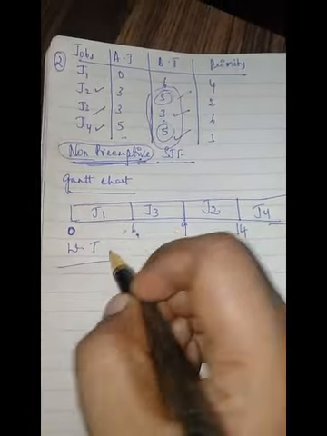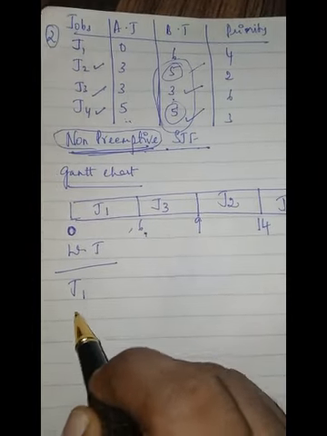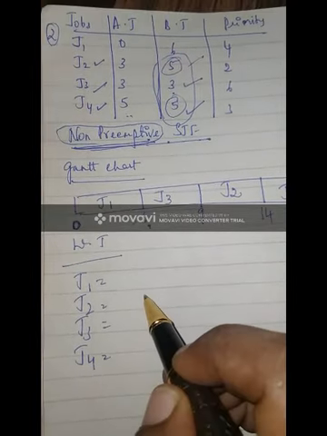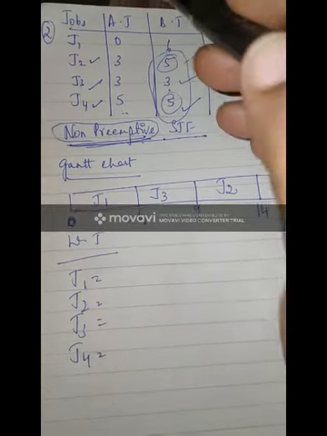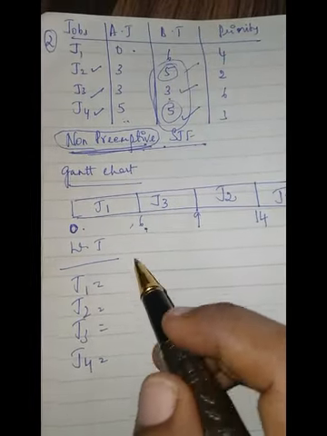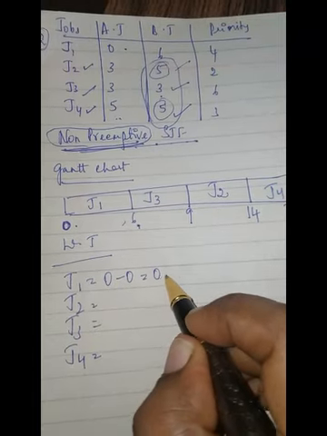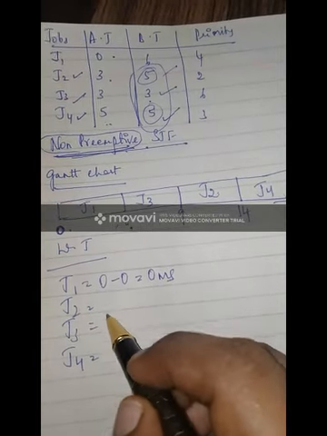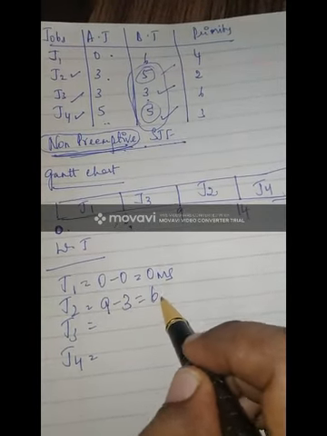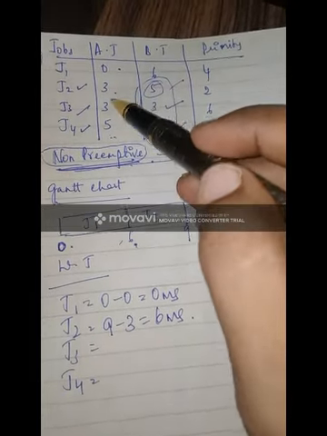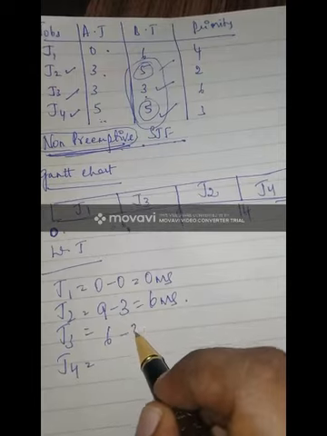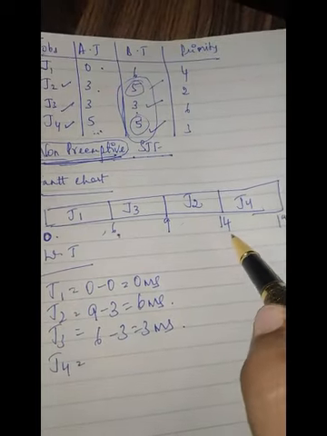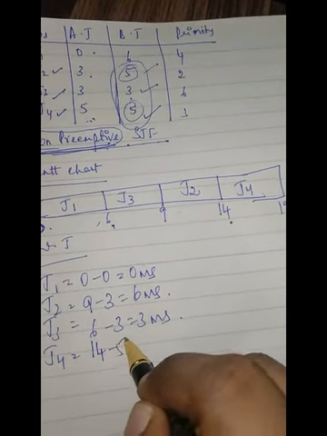Now we have to calculate the waiting time. Waiting time for J1, J2, J3, J4. J1 came in at 0 millisecond, got the CPU at 0 millisecond. So 0 minus 0, that is 0 millisecond. J2 came in at 3 millisecond, got it at 9 millisecond. So 9 minus 3, that is 6 millisecond. J3 came in at 3, got it at 6. So 6 minus 3 is 3 millisecond. J4 came in at 5, got it at 14. So 14 minus 5,